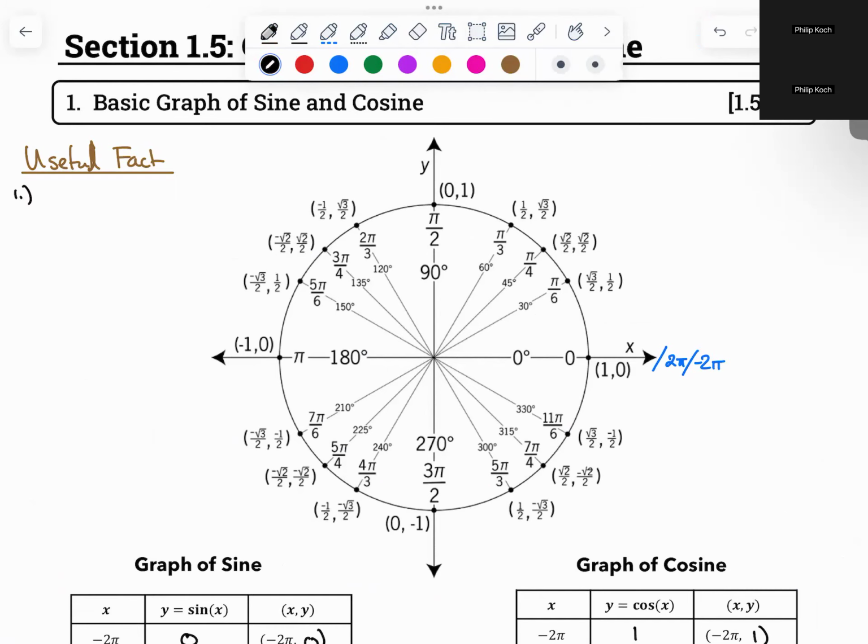It is that f of x equals sine of x is an odd function, which means it's symmetric with respect to the origin. So if you have the point a comma b, you have the point negative a comma negative b. But in practice, what this means is that sine of negative x is equal to negative sine of x. If you have a negative on the inside of the sine function, you can bring it outside immediately. That's just a nifty little trick.